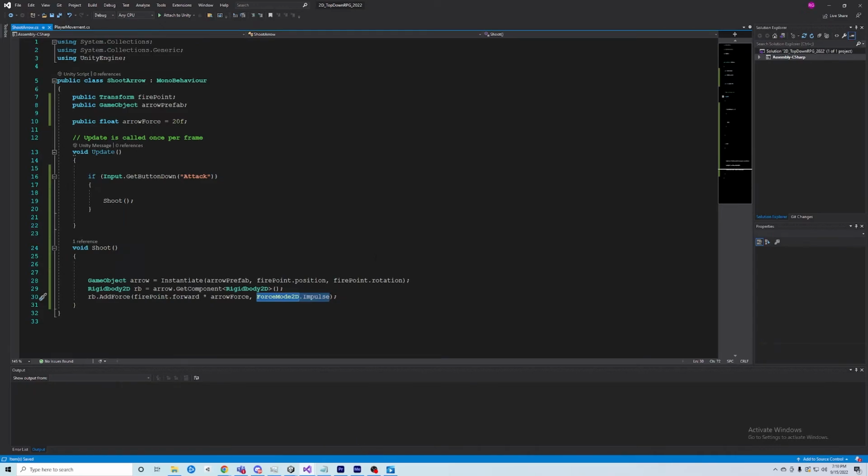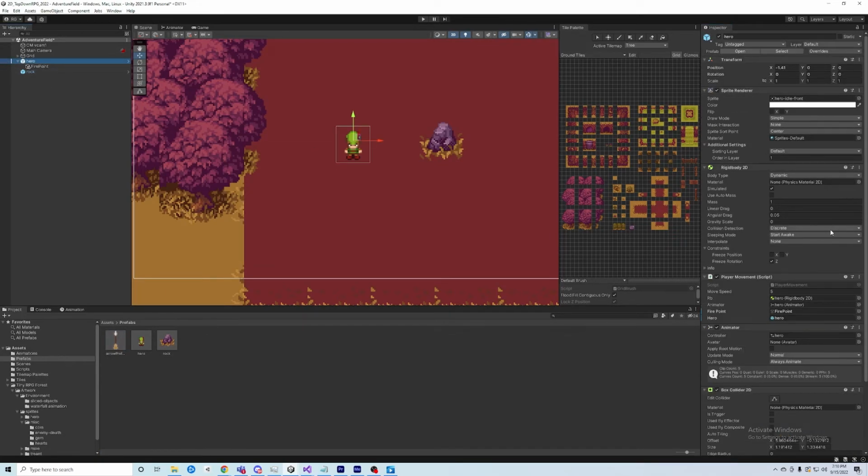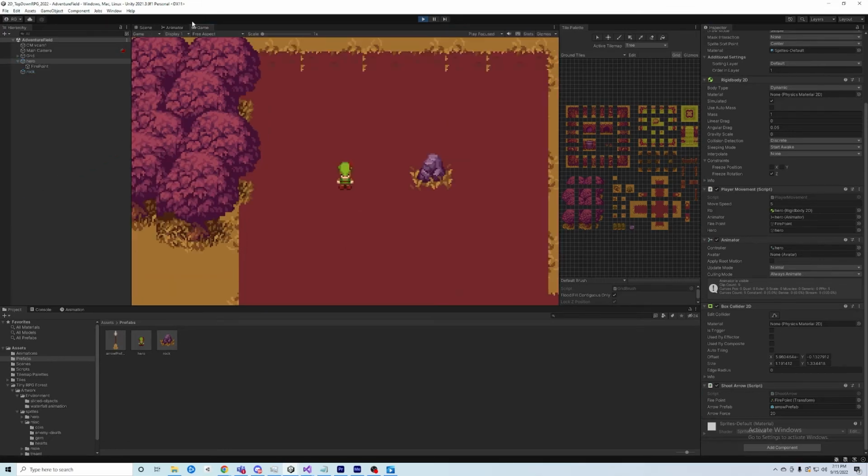The script's still a bit of a work in progress. So we will go back to the editor here now, and we'll select the hero, and we'll scroll down, and we need to set up the references. In the script here, the fire point is going to take the fire point of the hero. The arrow prefab was the one that we just created here, so we'll drag that in there. Everything else is pretty set up. We have the force there as well. So now if we save this and we play, all right,